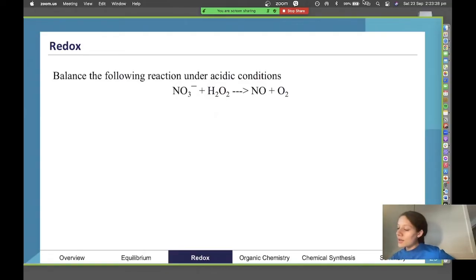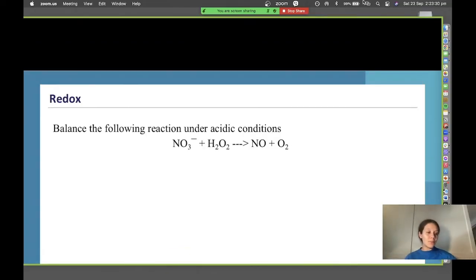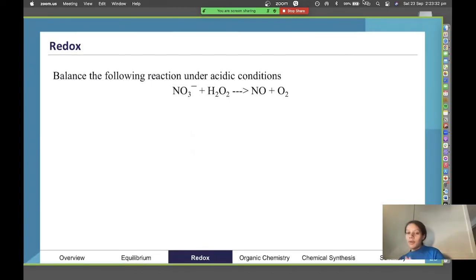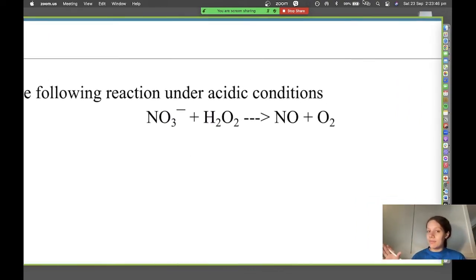Okay, cool. So we've got 2 more redox questions. We'll go through those, and then we'll have a brief 5-minute break or so, to let you go to the bathroom, ask any questions, and we can answer them before we go into the Unit 4 revision. So again, we have another balancing redox question.